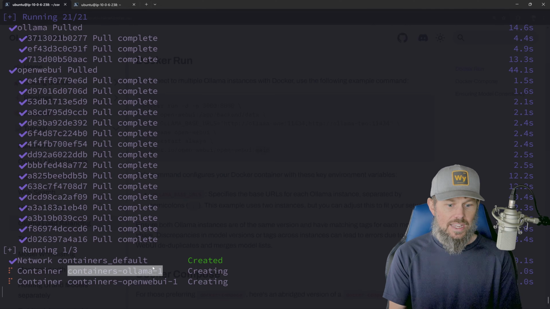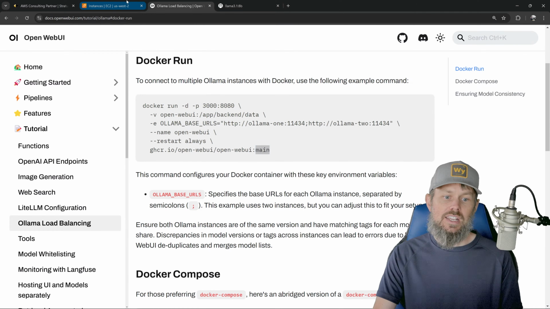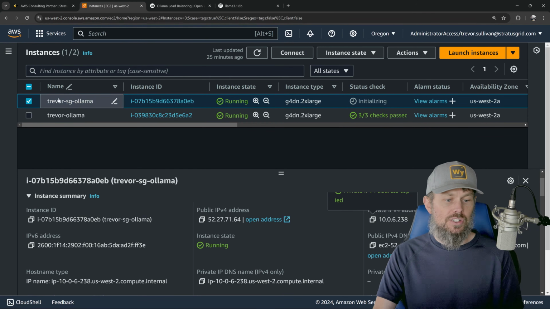So this is going ahead and it's downloaded both container images, and I think it's going ahead and creating those containers now. And then once that's finished, we can go ahead and download one of the models and register for our account. Now, one other thing in AWS in particular that we want to pay attention to is that we